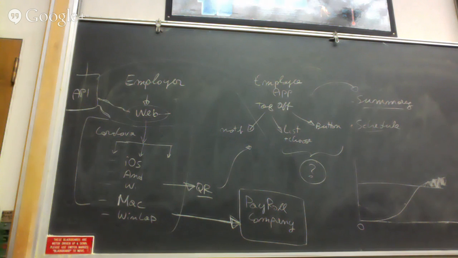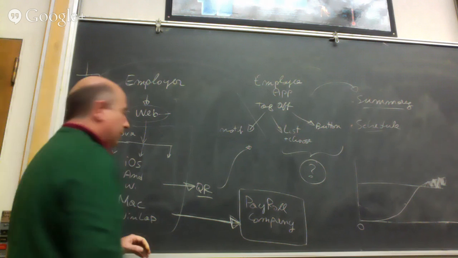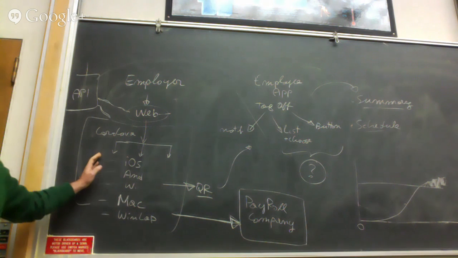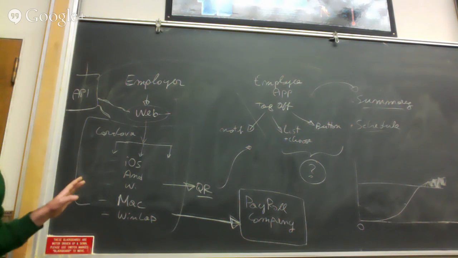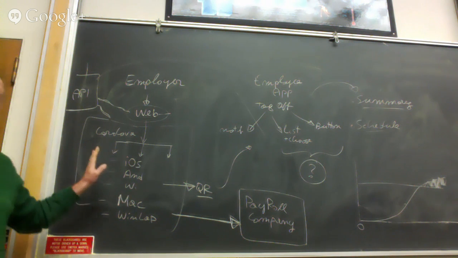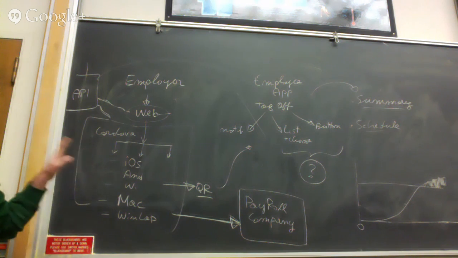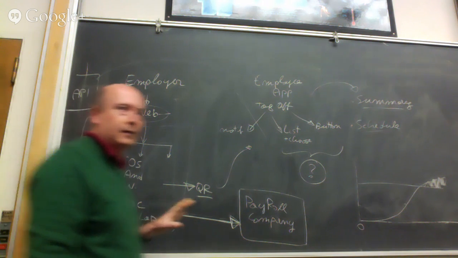What is the business risk of building on top of Cordova? You may tell me zero because we are already doing it here, and we just need to have 1 year of runway, and then who cares? Because then we are either dead or we are big enough that we can build for more specialized platforms. So that's a perfectly good reason. Maybe not 1 year, but 2 years, right? So you don't need Cordova to exist forever. You depend on it for 2 years.